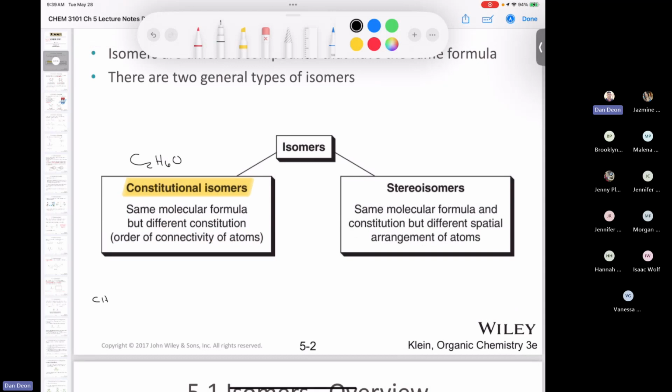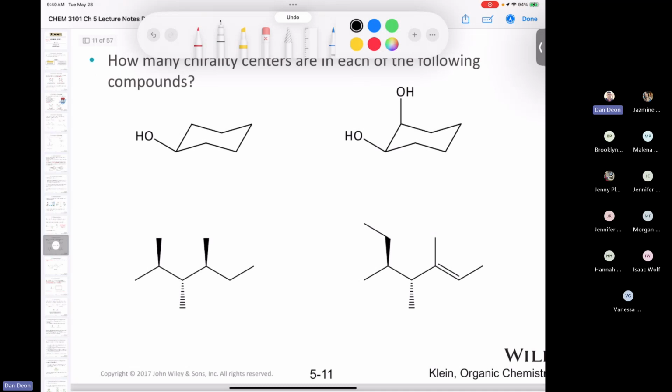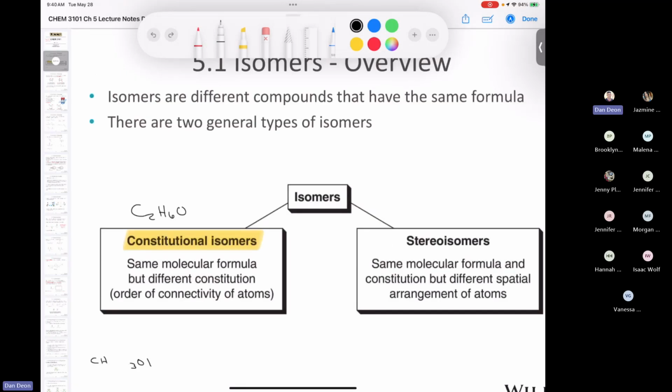You could have ethanol. Let's try that again. So we could have C2H6O. That could be ethanol, CH3CH2OH. So ethanol is one possibility from that formula. And then we could also have CH3OCH3, and this is called dimethyl ether. So these compounds have the same formula, C2H6O, but they have a different connectivity, and so they have